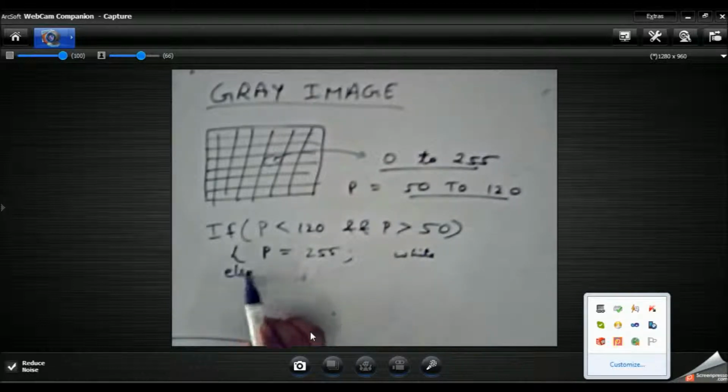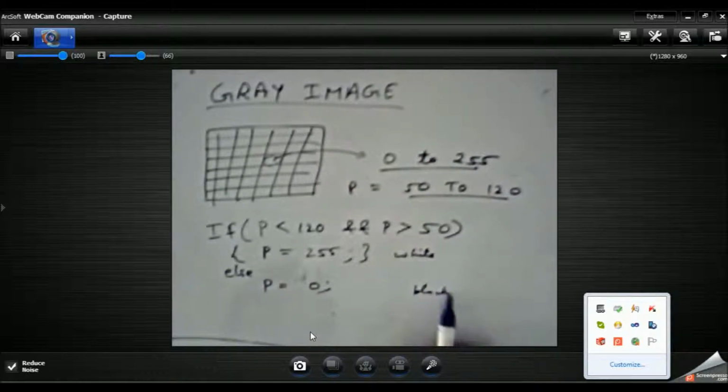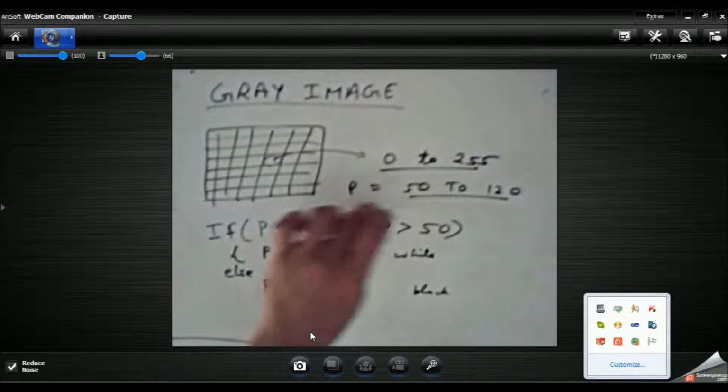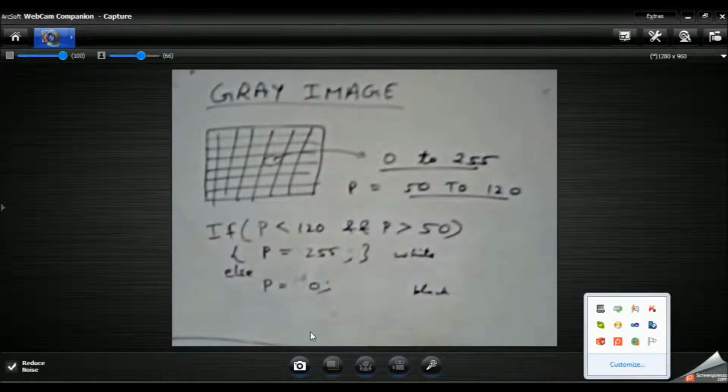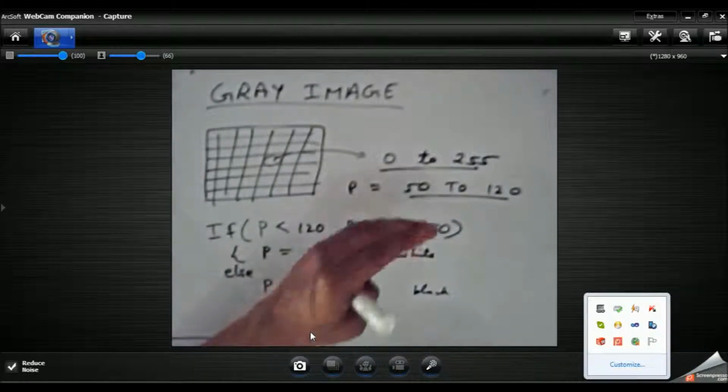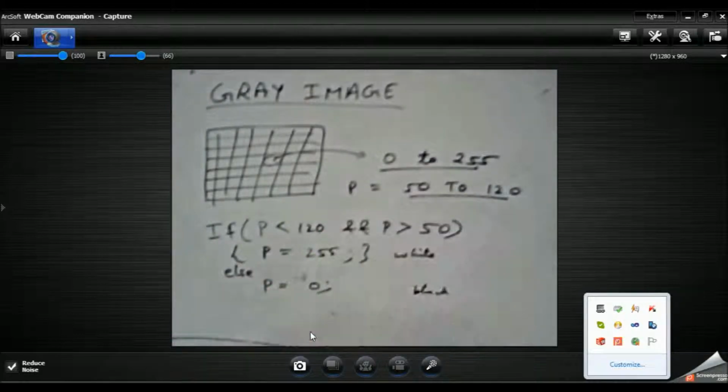Else pixel value equals 0, that is black color. What does it mean? If the pixel value is between 50 and 120, then that region should be seen in white color, else all the background should be seen in black color. So we have processed a gray image to filter out the pixel values between 50 and 120.